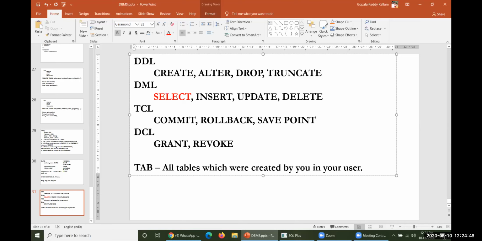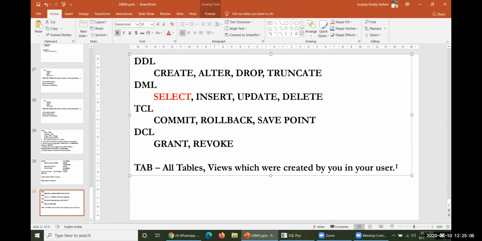Out of those, all tables. Of course, TAB can also display views, either view or table. So any one of these objects are supposed to be displayed for our purpose here. So this is the first data dictionary table here.